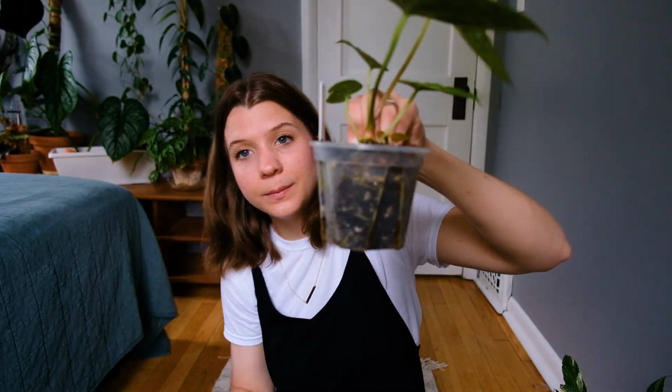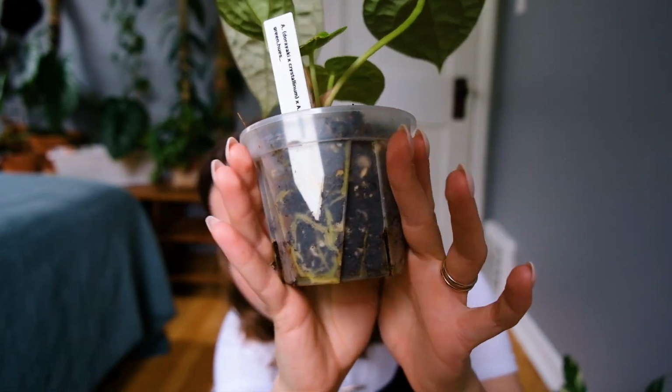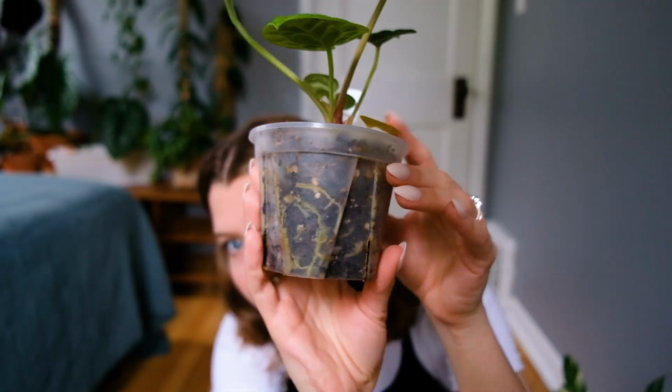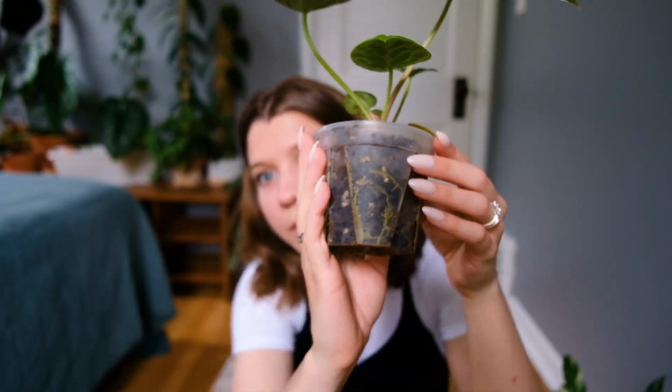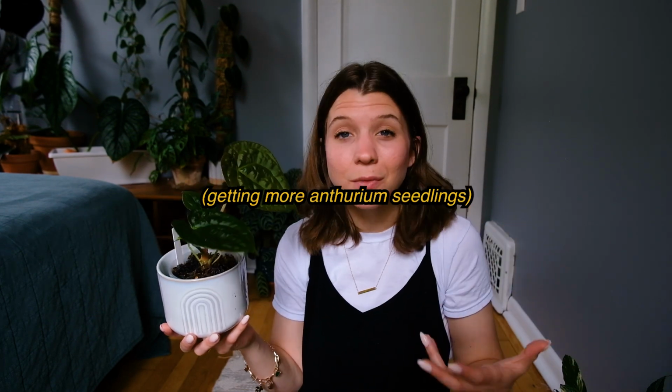Oh my goodness. Do you see those chunky roots? And it has been drying out really, really quickly. So yeah, I definitely am going to need to look into repotting it. Oh, she's growing up and she's so beautiful. Maybe that'll be my next thing, because they're so small and eventually they do grow, but I don't know,